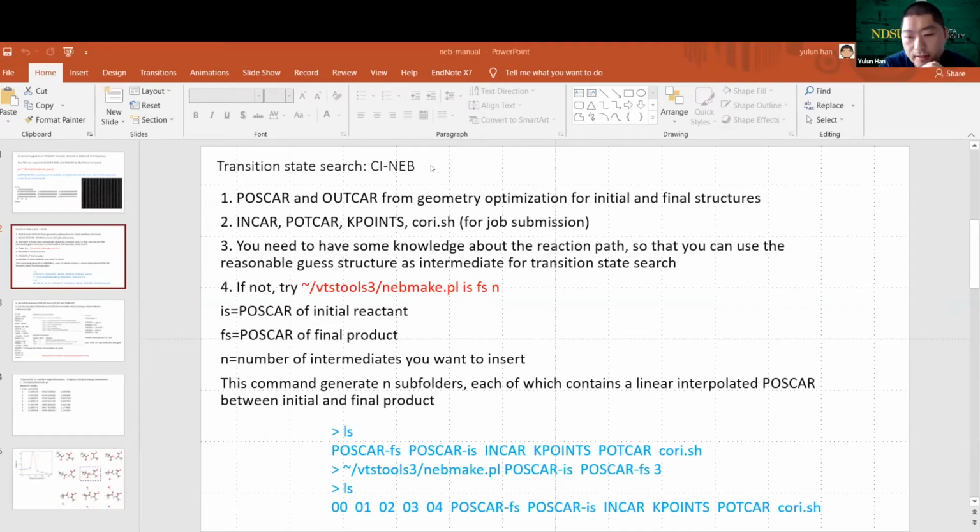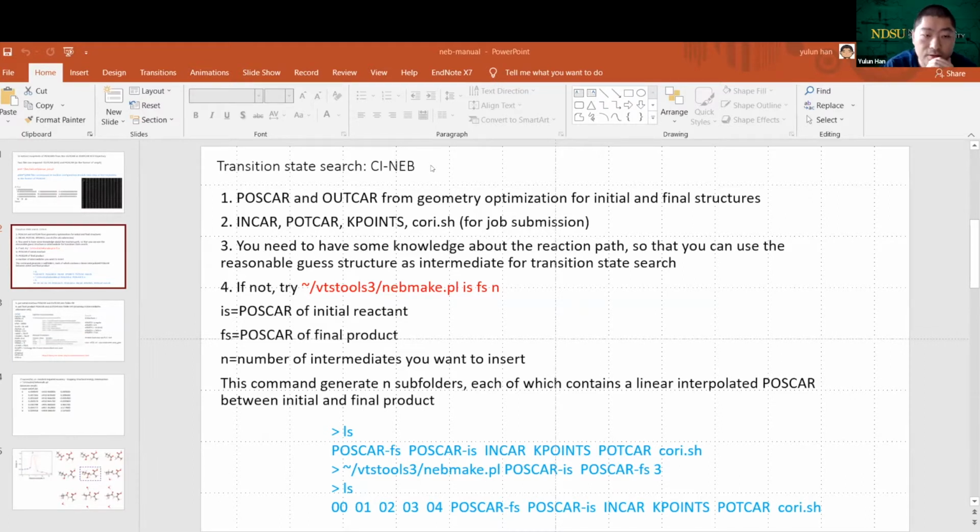I guess if you guys are interested in chemical reactions, then it is very important to do the transition state search, because this kind of calculation will give you the reaction barriers and also give you some insights about your reaction mechanisms. To do these calculations, you need POSCAR and OUTCAR from geometry optimization calculations for initial and final